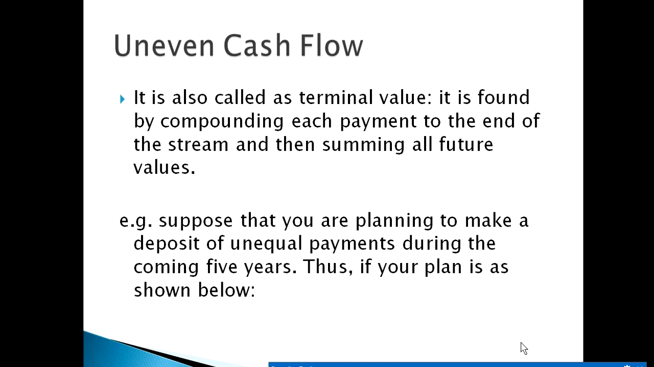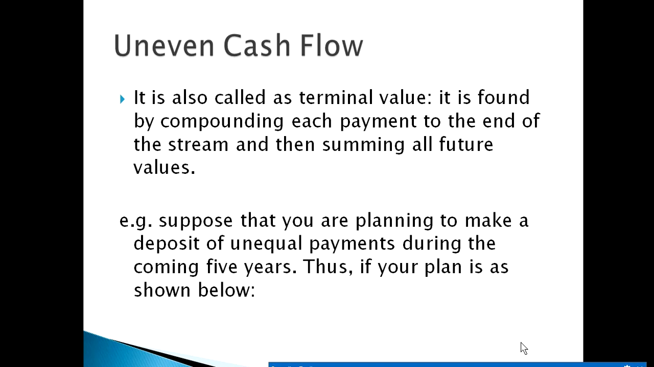The term uneven cash flows is also called terminal value, and it's found by compounding each payment to the end of the stream and then summing all future values. For example,